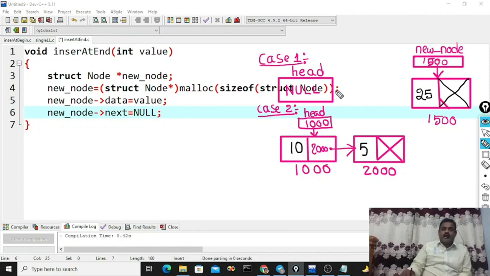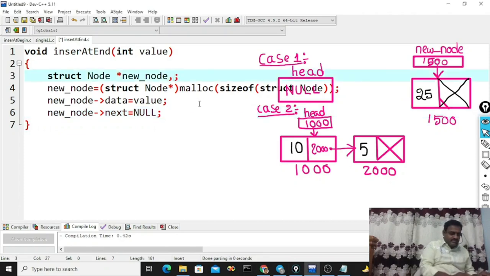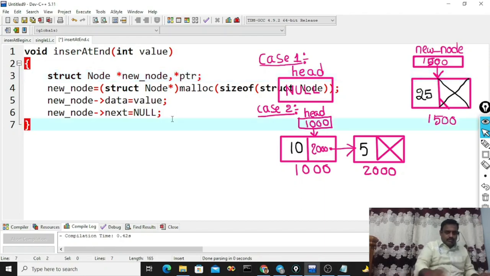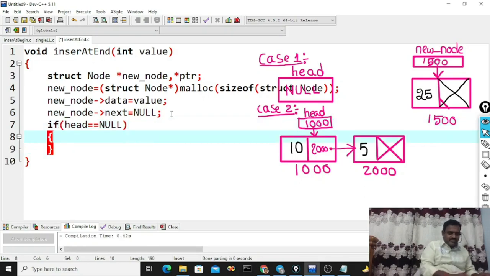Now we have to connect. So either we go to case 1 or case 2. If it is case 1, how to handle this? If head is double equal to null, that means the linked list is empty.